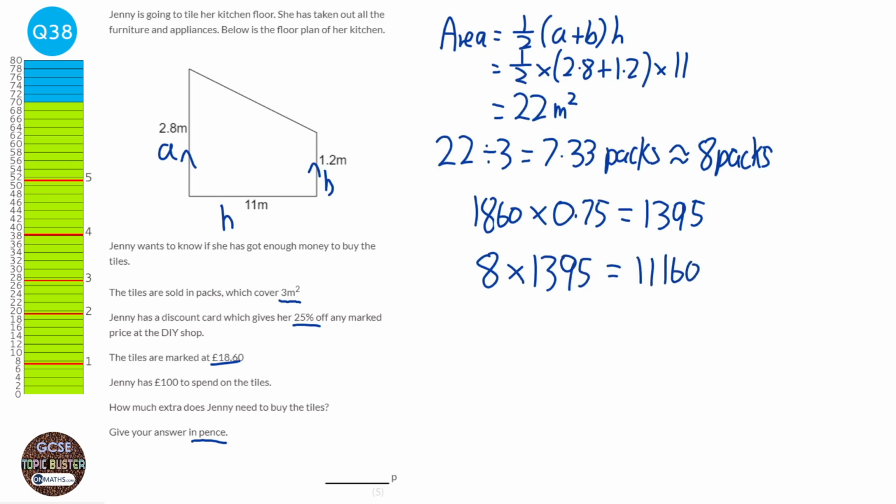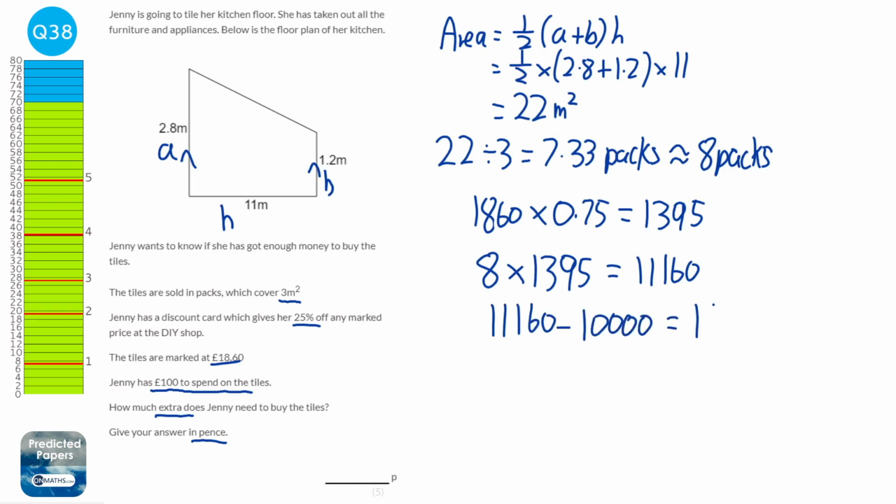11,160 pence, or £111.60. But Jenny has £100 to spend, and we're asked how much extra does she need. So we're going to do the 11,160, take away the 10,000 pence that she has, which will give us 1,160 pence. So she needs to find £11.60 or